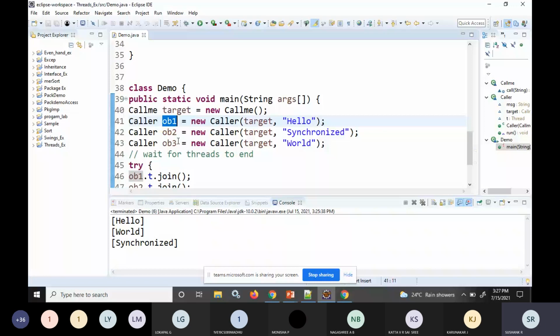So again, we have two processes, producer and consumer. The producer's role is to produce the data and put it in the buffer, and the consumer's role is to consume the data which is there inside the buffer.